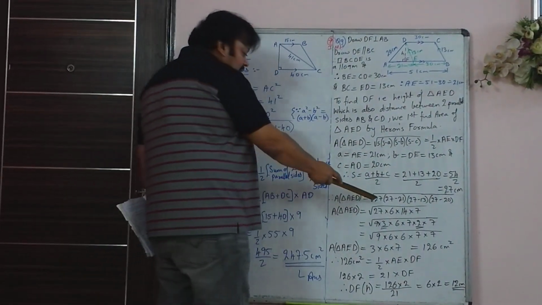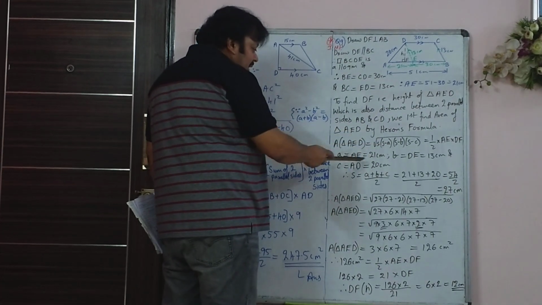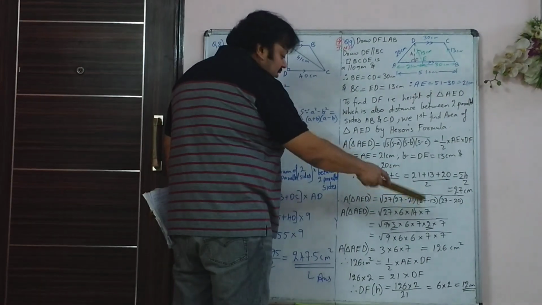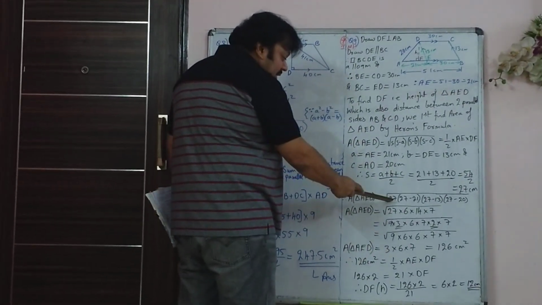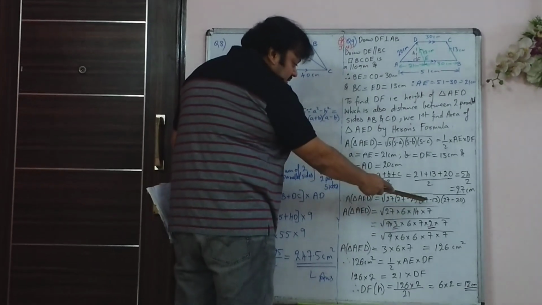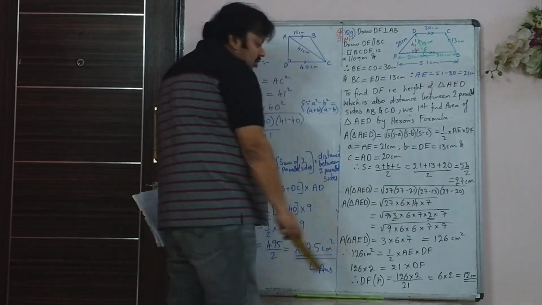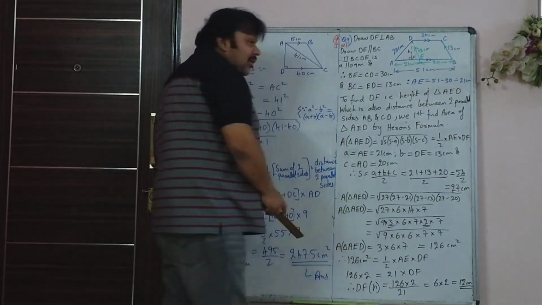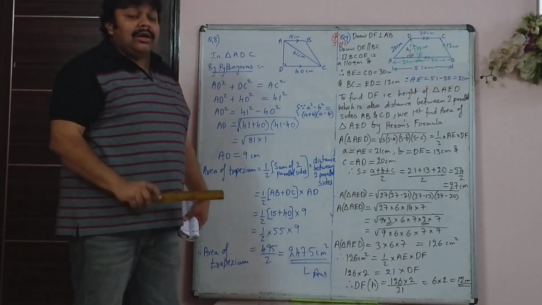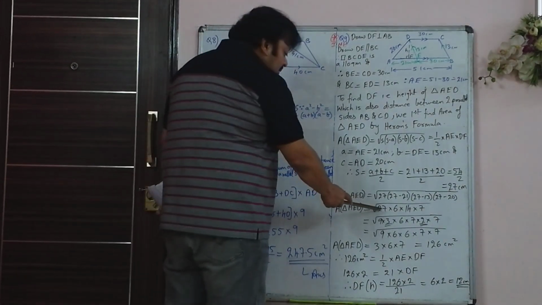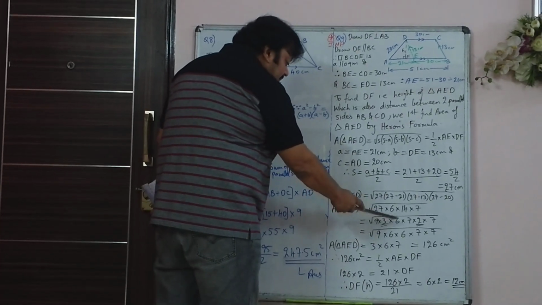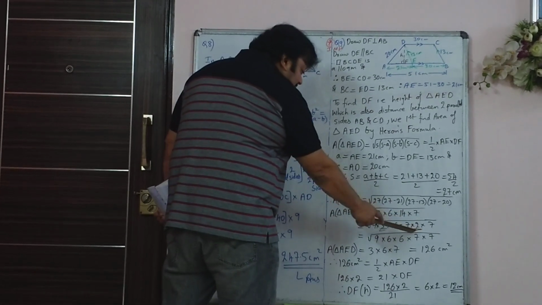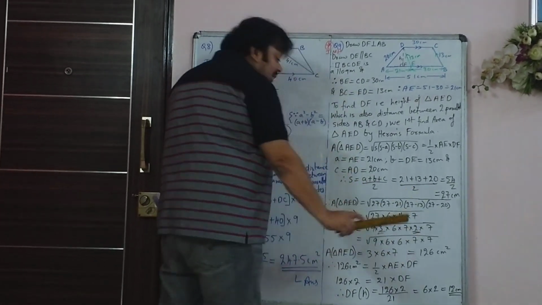So when I substitute S is 27, A is 21, B is 13, and C is 20 in this Heron's formula, you will get it as 27 into 6 into 14 into 7. Now I have told you previously also, do not sit and multiply all this and waste time. Break it down and find the root. So 27 I have written as 9 into 3, 6 I have left it as 6, 14 I wrote it as 7 into 2, and 7 I left it as it is.